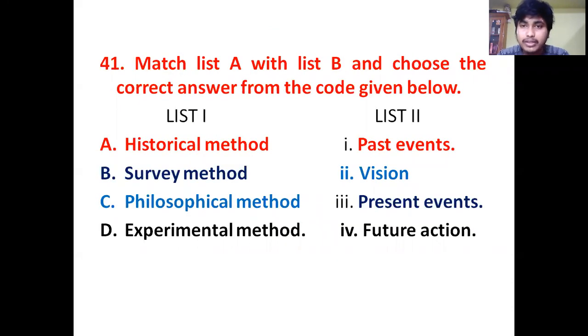Match list A with list B. Historical method always relates with past events, so we can match it with the past event. Survey method means field study, which always relates with the present event, so we match survey method with the present event. Philosophical method we can match with the vision, and experimental method we can match with the future action. So the next question is,